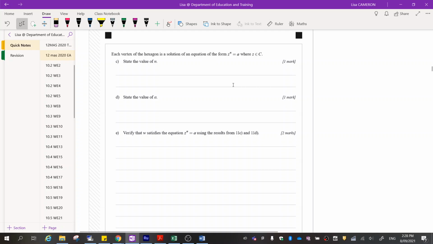So all I have to do here, there are going to be 6 solutions because we could see above that the hexagon had 6 points on the unit circle. So n is going to be equal to 6, and then a is going to be equal to 1